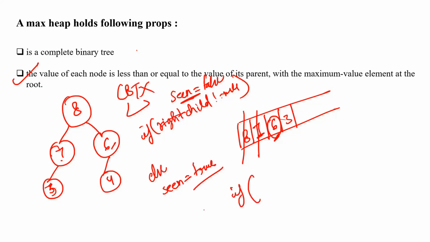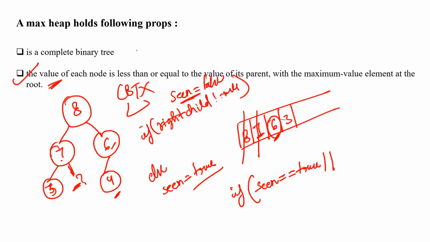So for checking this, we will be having two conditions. That first of all, if seen is there, or like you can say that if seen equal to true, or the child, whether it's left child or the right child, its value is greater than that of parent. In both these situations, what we're gonna do is we are going to return false. So here in this case, what you can see, it is not a complete binary tree. Before putting this particular node here we should put something, right? Because we'll be starting filling from the left node itself.